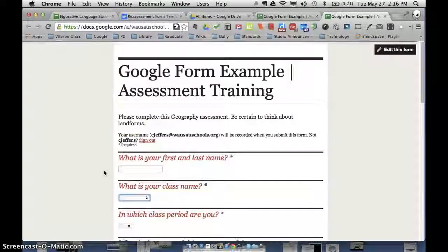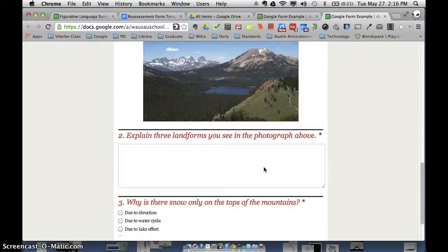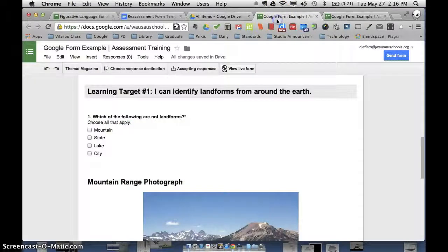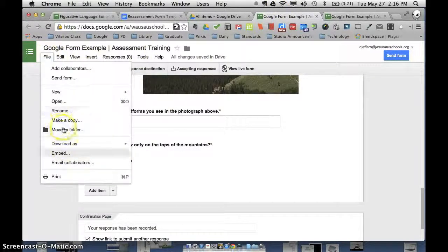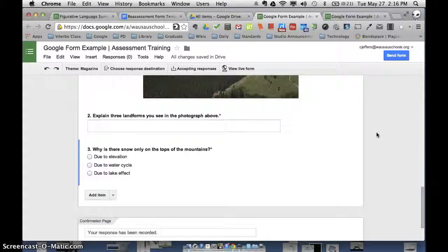Okay, we'll show you how to share these Google Forms then at the end here. The nice thing about it is once you actually get an assessment completed in here, which is pretty cool, the next person that comes along here literally just has to push file and make a copy, and that test or that assessment or whatever it is actually then created for the new person. So if it's one social studies teacher and another, the second social studies teacher can make a copy of this, and then he or she can have this assessment so that they can get unique data from their own students. It's pretty nice little system, but it works a lot better if the assessments are common and departments are working together. All right, that's pretty much it for